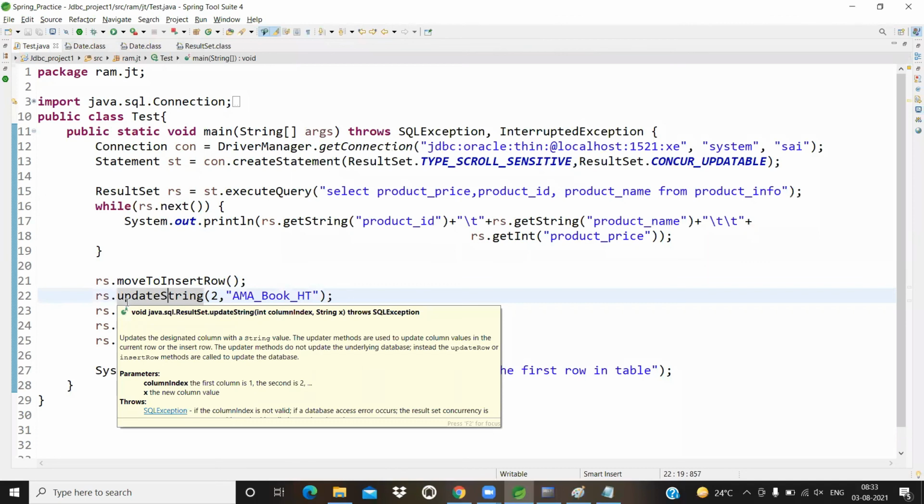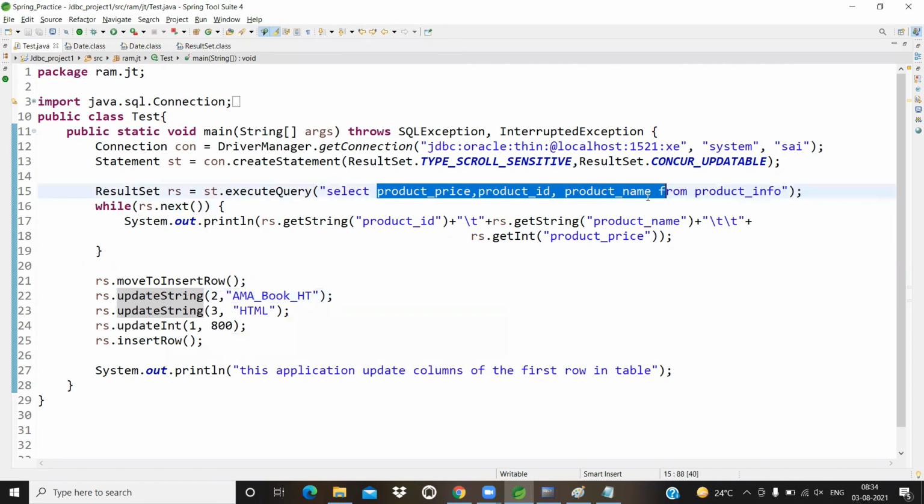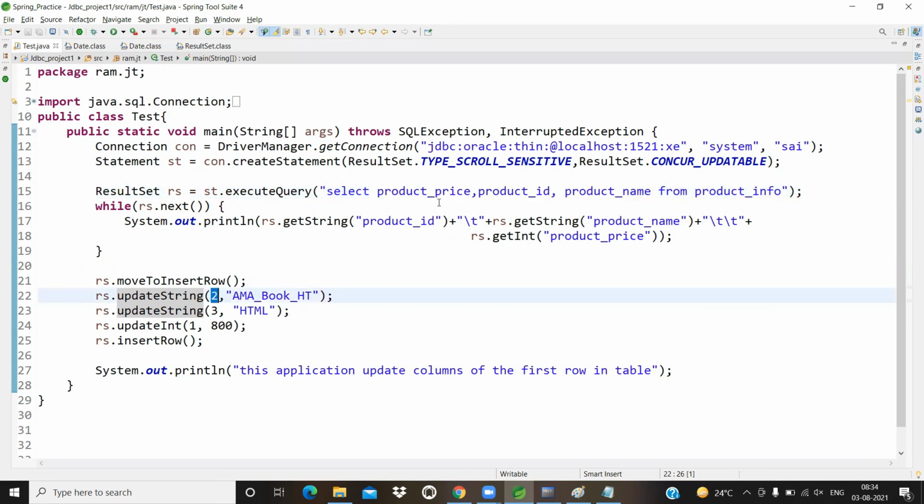But here don't focus on the order of columns in a table. You have to concentrate on the query which we are using, the column names and the order of column names used in the query. Based on that only these indexes and types will exist.